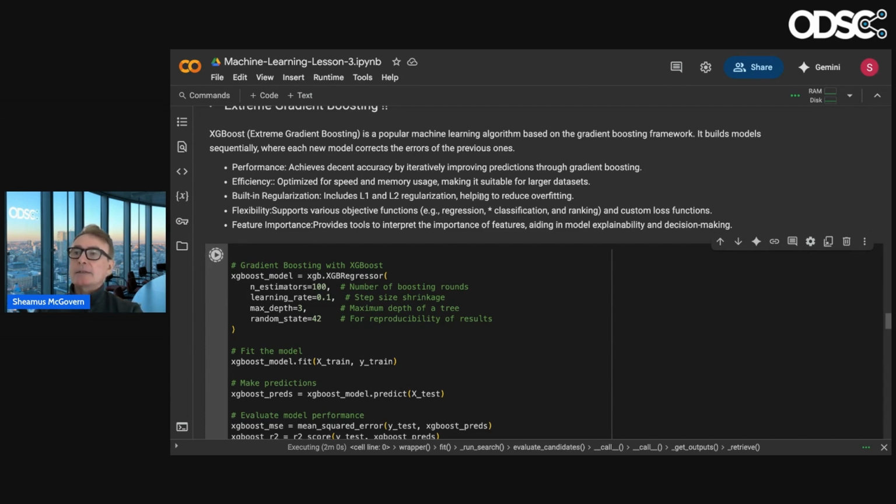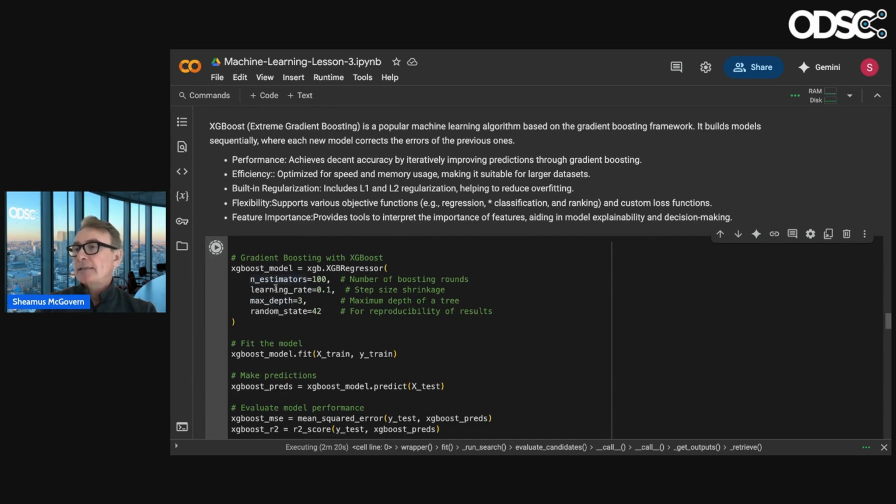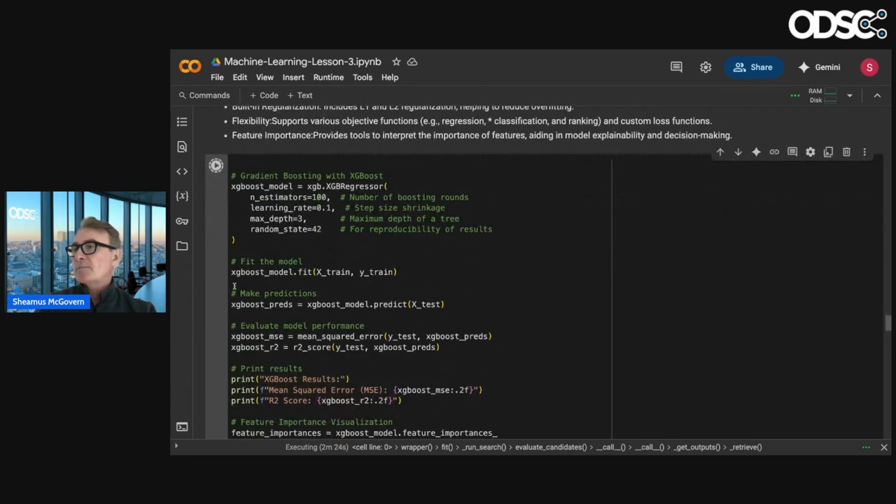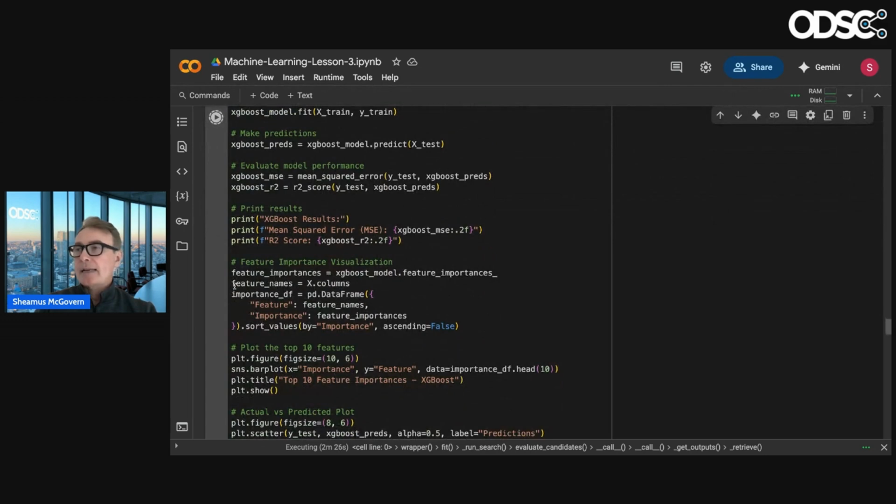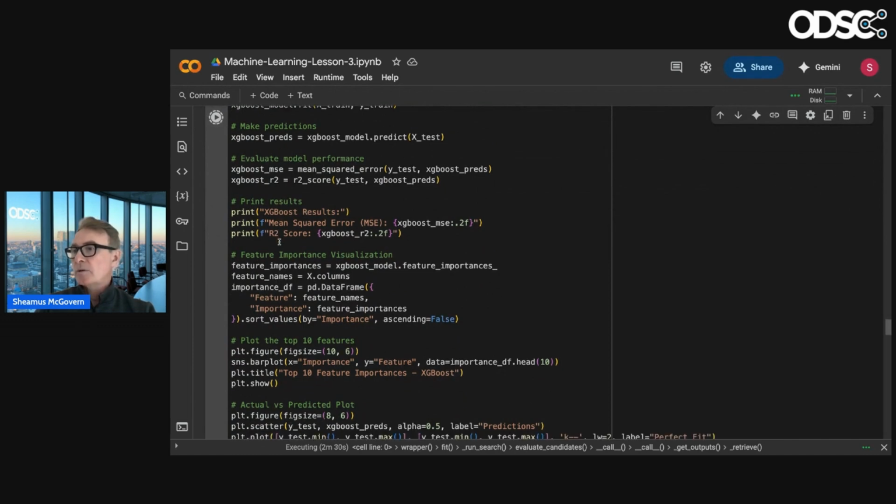If you remember gradient descent, gradient boosting tries to optimize the lowest loss function. The number of boosting rounds, we set to some variable. There's a learning rate and number of trees, because it's kind of a tree technique. And again, I'm always setting my random state here. So I'm boosting this model, and I'm using the same metrics: MSE and R squared.